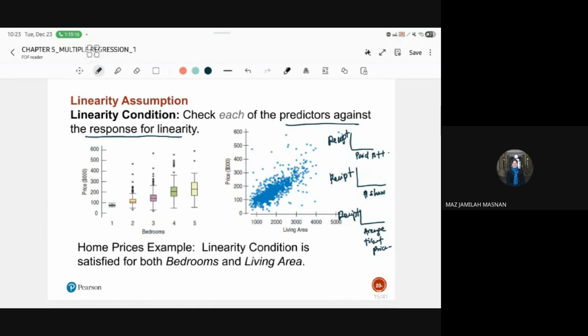For price and living area, we can say that this is merely linear. But for price and bedroom,